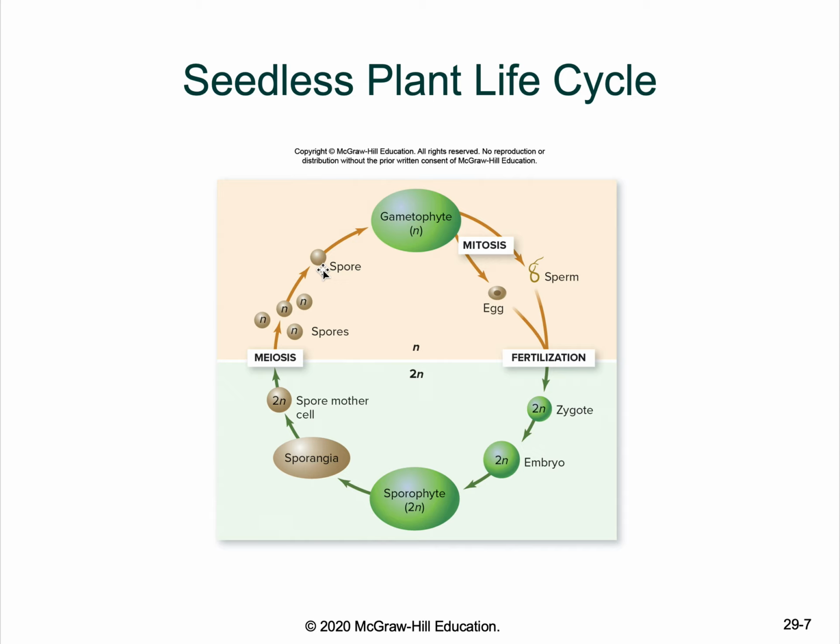And they do undergo mitosis, and again we had mentioned, I think in the last exam, that mitosis and meiosis is something that you're only going to see in eukaryotic cells. You won't see it in a prokaryotic cell. And so I don't need to go too much into detail on here, but I really wanted you to see that they do use spores instead of seeds. They do also create sperm and egg. Once the sperm fertilizes the egg, then you have what you call a zygote, which then will transition to an embryo, and then you can have more seedless plants.